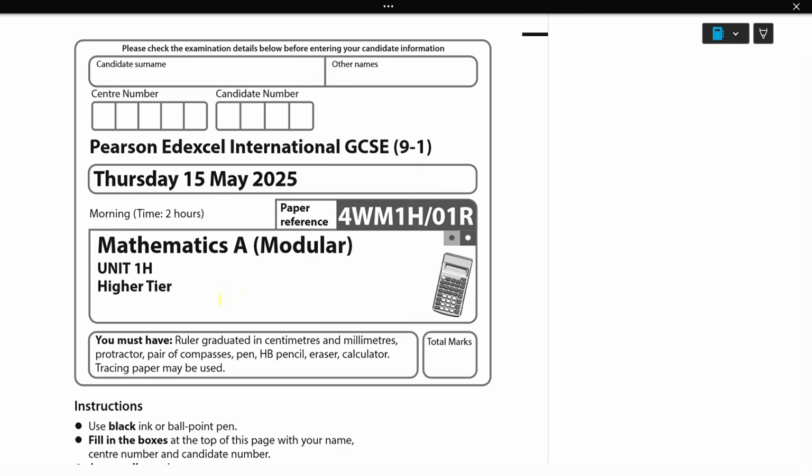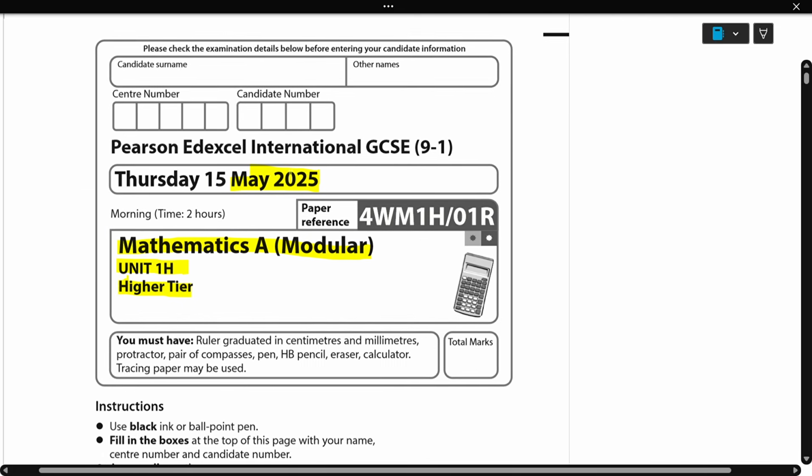IGCSE Mathematics A Modular Paper Unit 1 Higher, May 2025 paper. So the first question is,